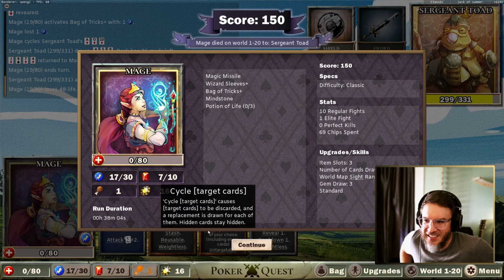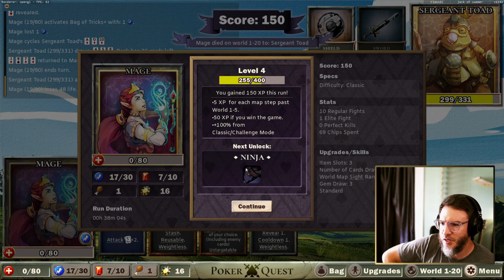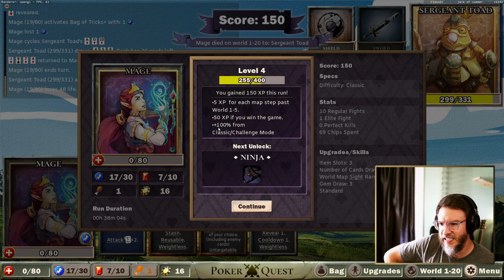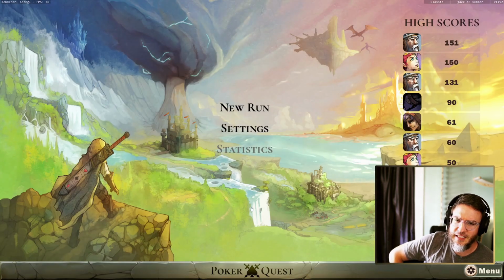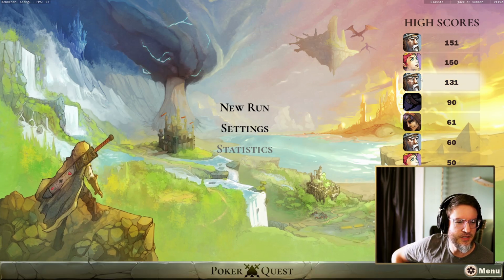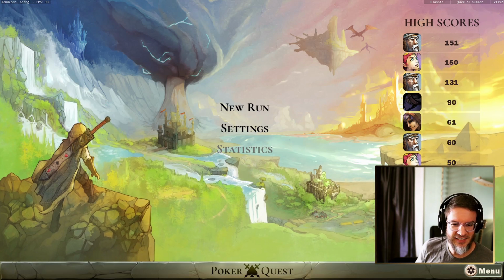But friends, do you kind of see how fun this is? It's a pretty cool game. So the next class that I'm going to unlock is the ninja. You had to unlock each of these classes that I had. Yeah, so we're in plus 100% for challenge mode. That's cool. But yeah, I hope that kind of gave you a good illustration of how this game works and why you might like it. It's in early access. It's not too expensive. $15. Give it a try if you